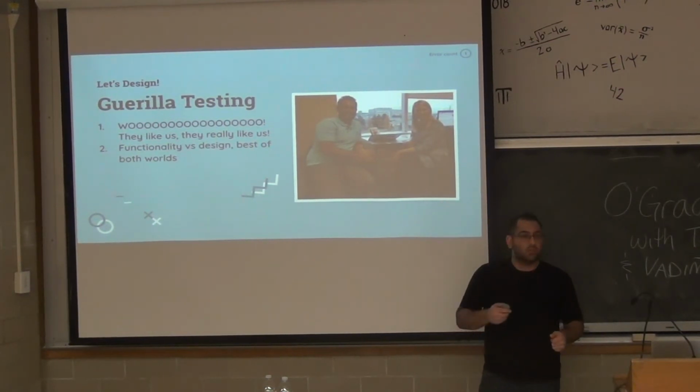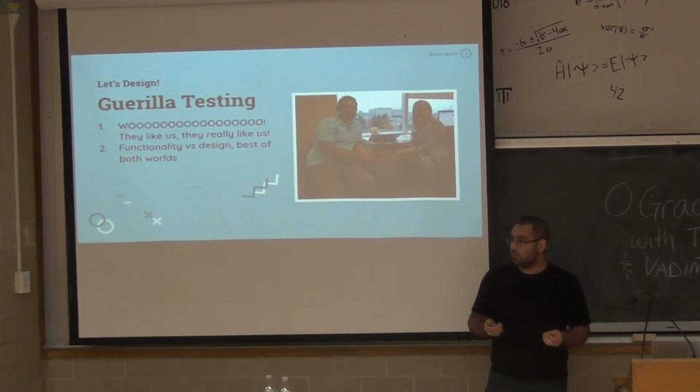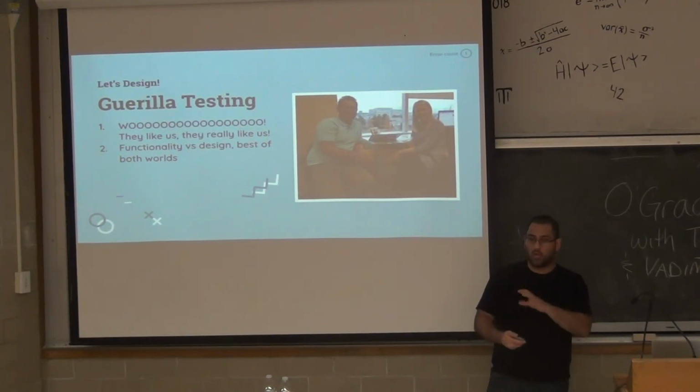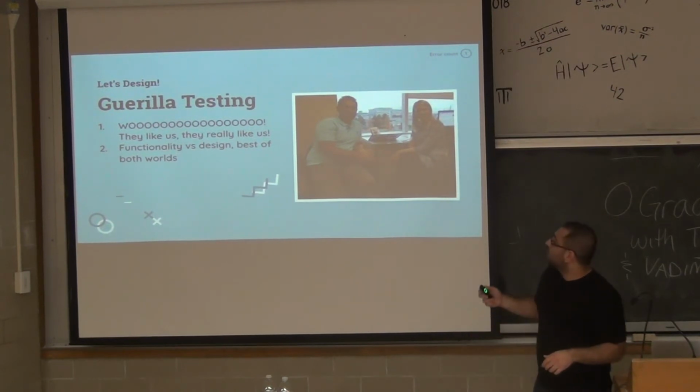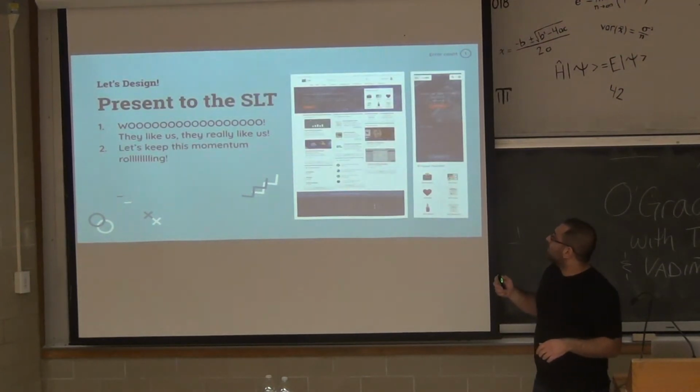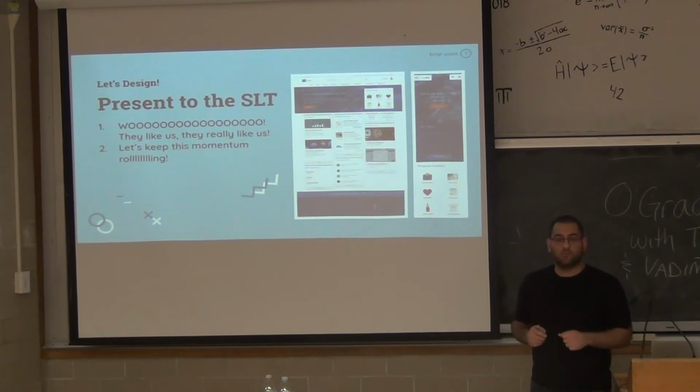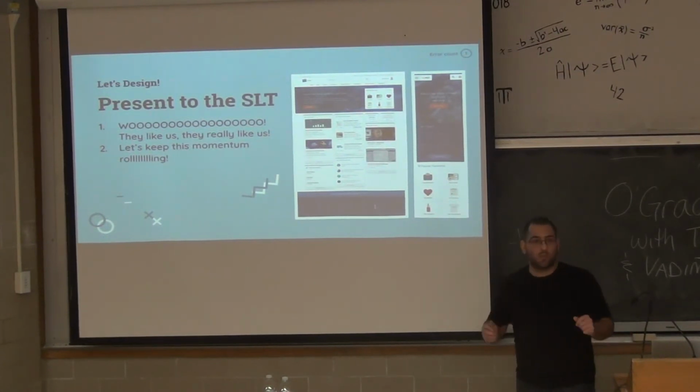Because as we went, we noticed that everybody just had bookmarks. I don't want to go to the internet. I need my 6 or 7 things, and then I'm done, I'm gone. Which actually allowed us to validate the quick links. Great, okay, we have some user need and preference there. And, okay, we're going to present that to the SLT. Our user feedback was positive. Let's keep this momentum going.